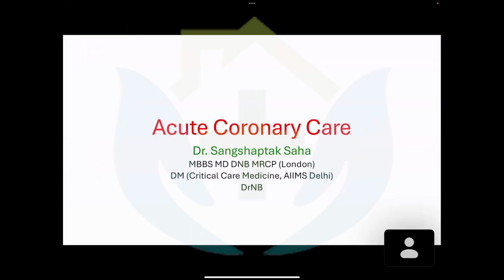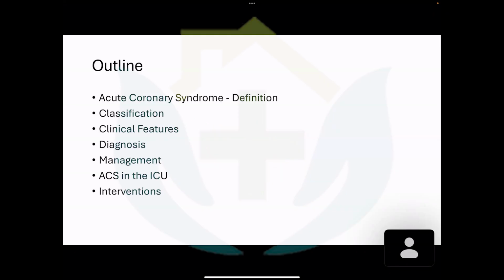So when I was doing my DM at AIIMS Delhi, acute coronary care was always one of the common topics, not only asked in the grand rounds but also in the entrance exams, as well as in my DM exit exams. Not only in the cardiothoracic ICU, but acute coronary syndrome can occur in any patient in an ICU: sepsis patients, AKI patients, simple patients with pneumonia, with ARDS, just because of oxygen delivery and need mismatch, it can occur. So let's start.